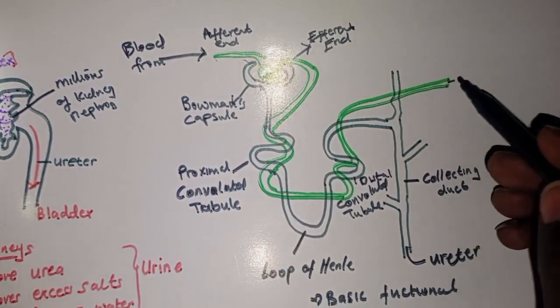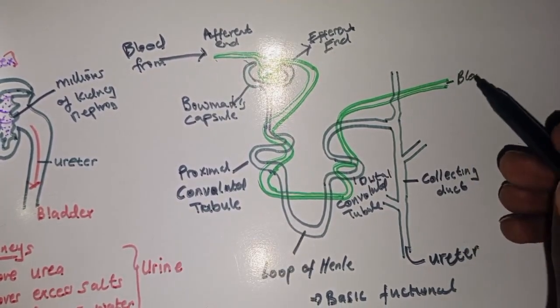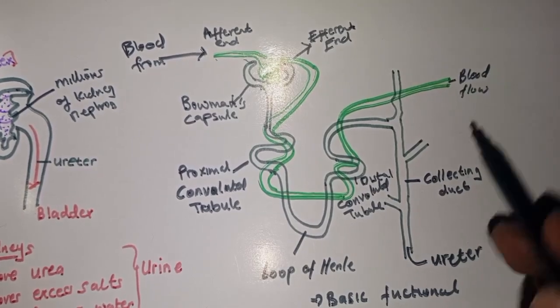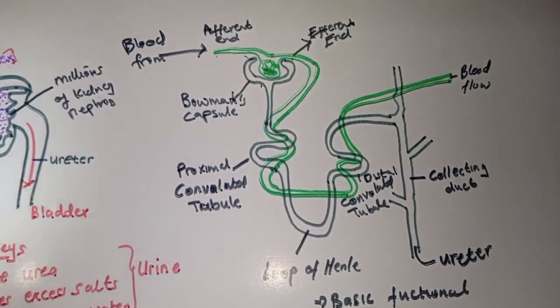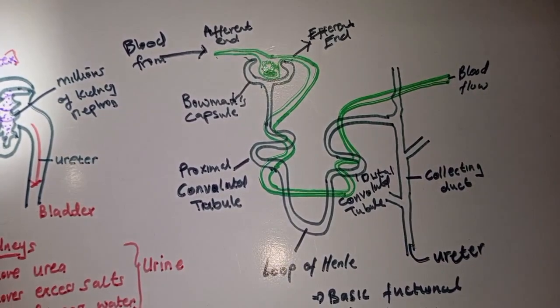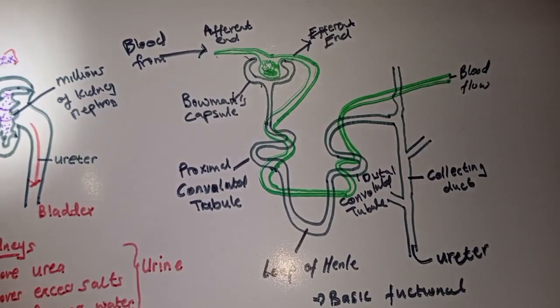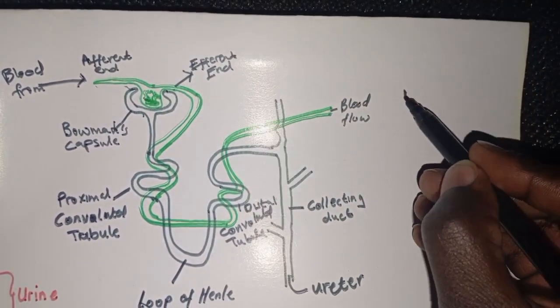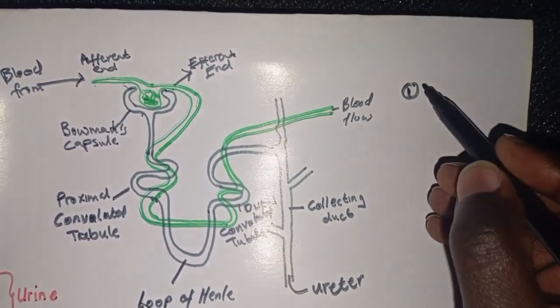So here blood flow comes out. Where does it go? It goes back to the vena cava, which takes it back to the heart. Now here we're going to talk about three main processes that are important on this kidney nephron. These we'll talk about. Number one, this is what you must know. Number one, you have what we call